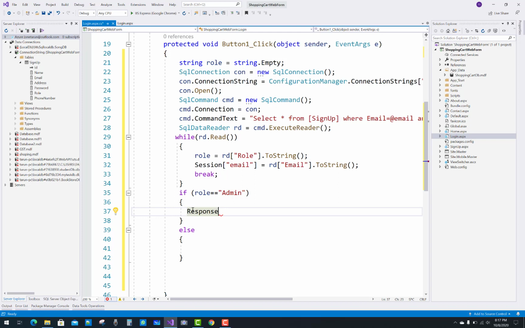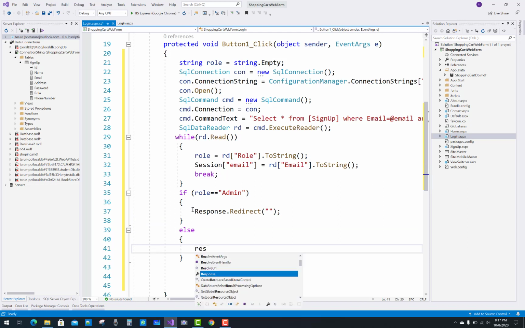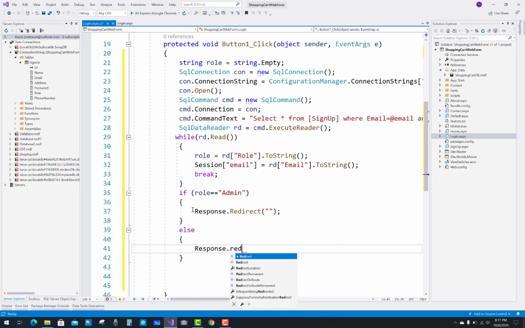Response.Redirect. Redirect to the admin page, and in the else section you have to redirect to the user page. Okay, so that's the simple thing you can do in the login form.